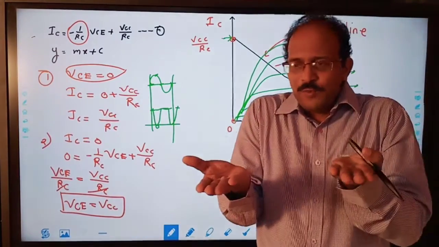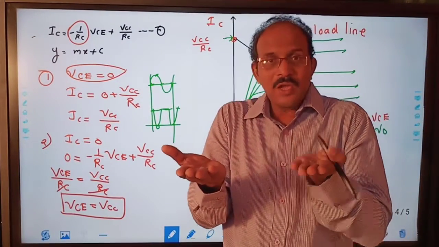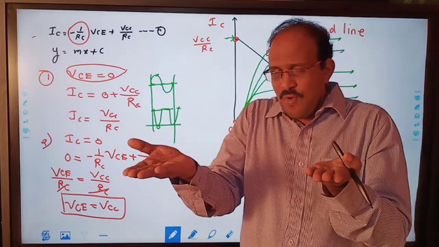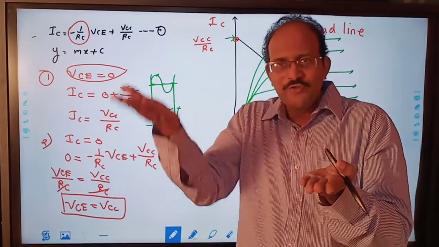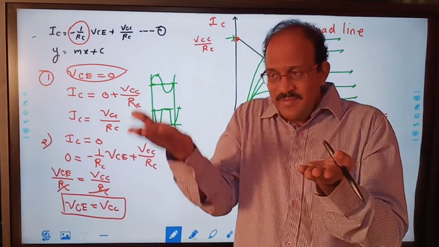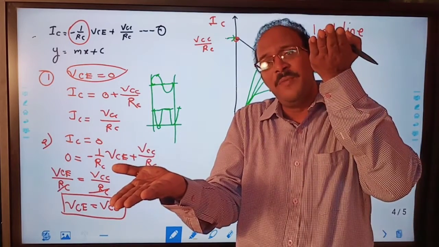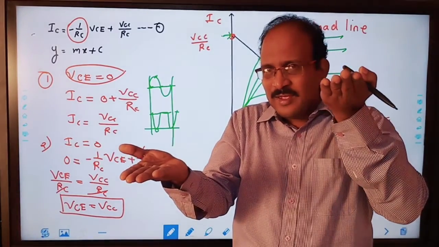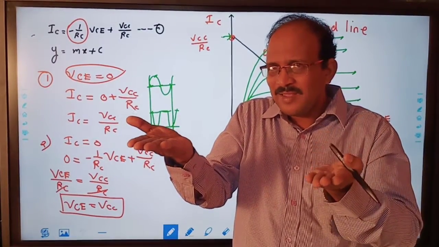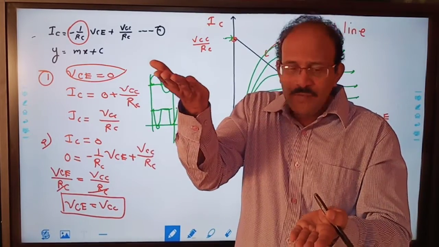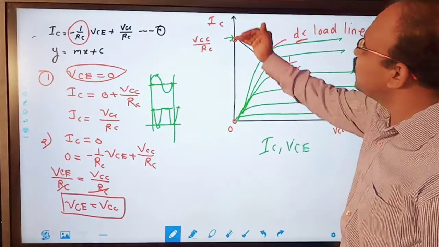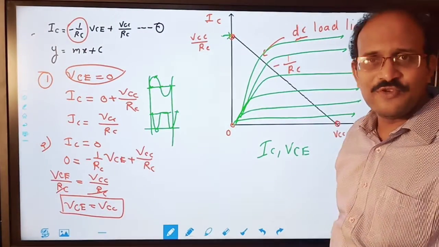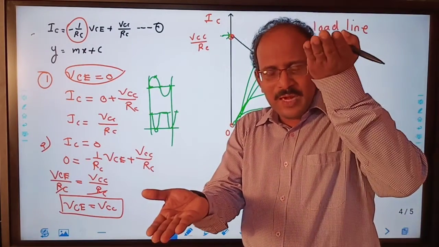Correct? So if I want to see the graph of both output and input current, the transistor is a current amplifier. So IB is proportional to IC, so I will consider the variation of IC here. If IC is 0, VC is maximum, the output is maximum. You know it is 180-degree phase shifted. Correct? When IC increases, VC decreases like this. When IC is maximum, VC is minimum. So they are inversely proportional like this.